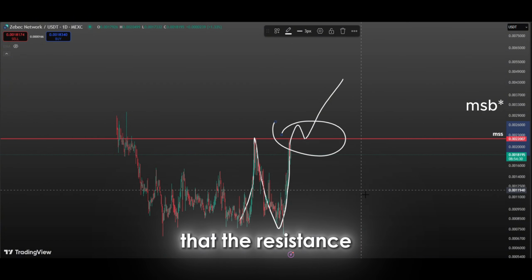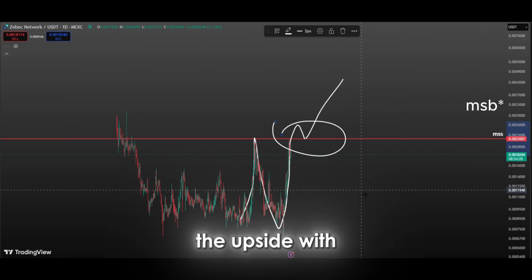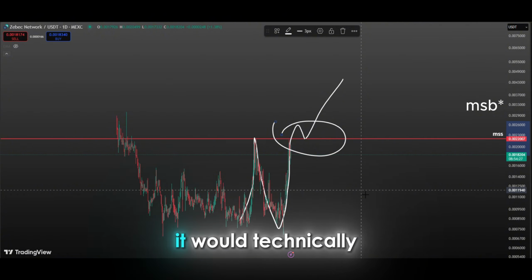This may indicate that the resistance is weakening and a breakout could be imminent. If this line is broken to the upside with strong volume, it would technically signal a bullish structure break, confirming that the market structure has shifted from bearish to bullish. Such a breakout would not only indicate a short-term upward move, but could also mark the beginning of a new